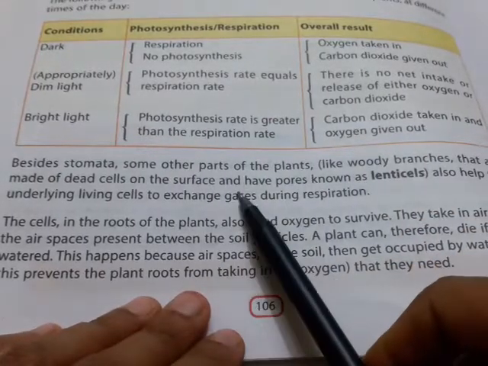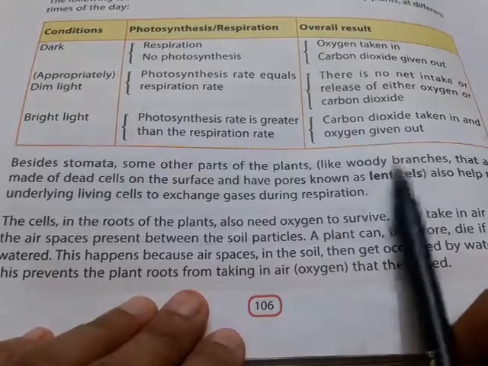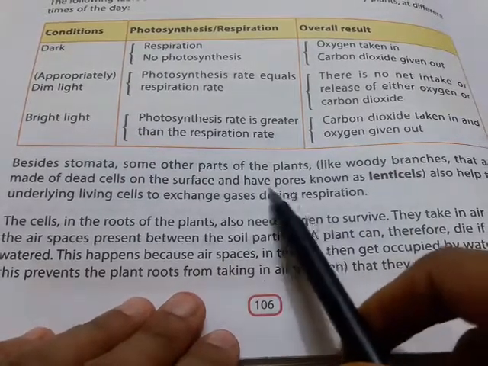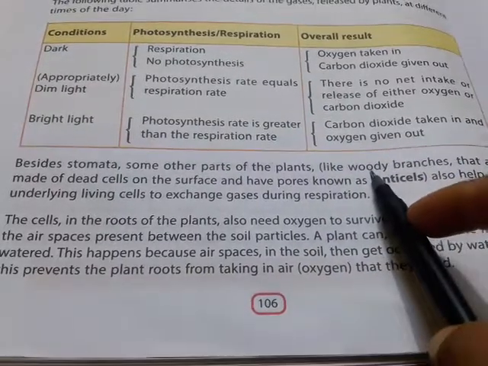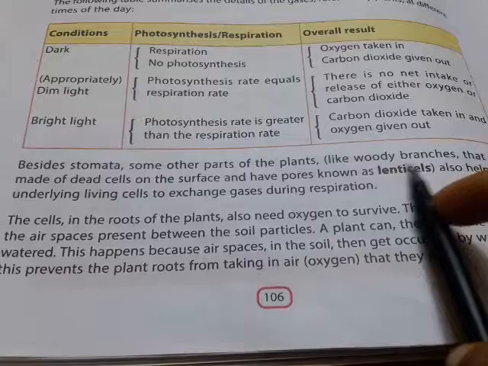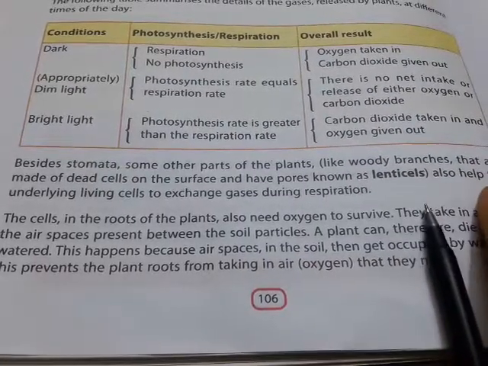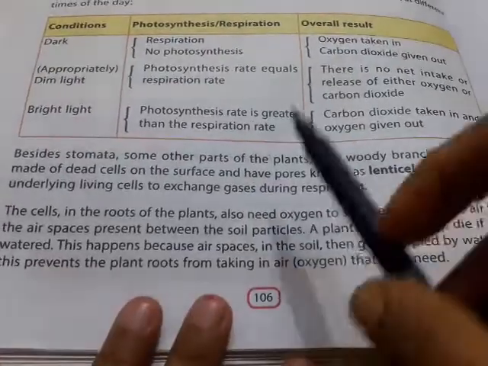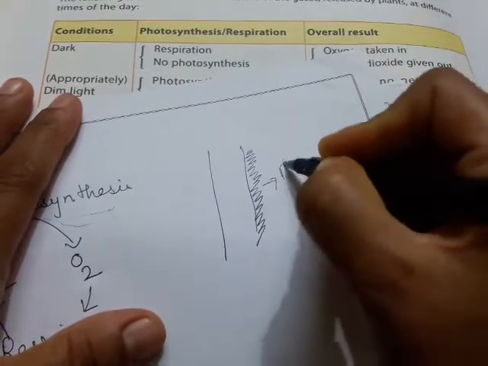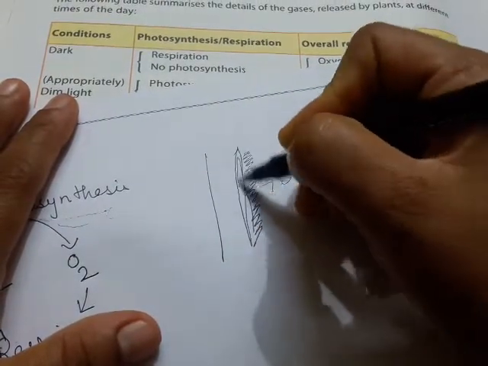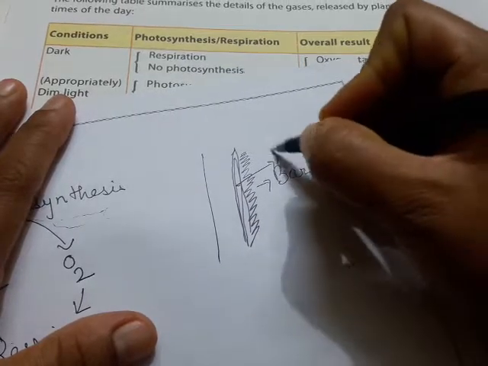Besides stomata, other parts of the plant, like woody branches, are made up of dead cells. There is a pore called a lenticel, like stomata, where the hard woody stem and bark are present. They also help underlying living cells to exchange gases. Suppose this is a stem, and here it is a hard woody structure. This is the bark, and inside this portion there are living